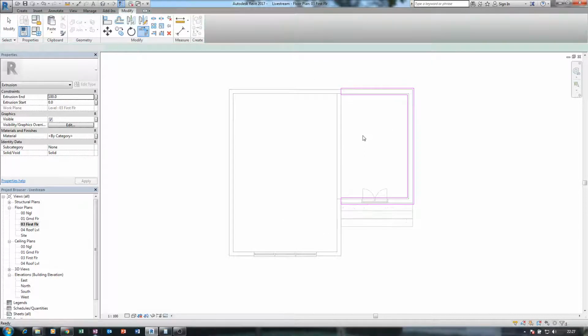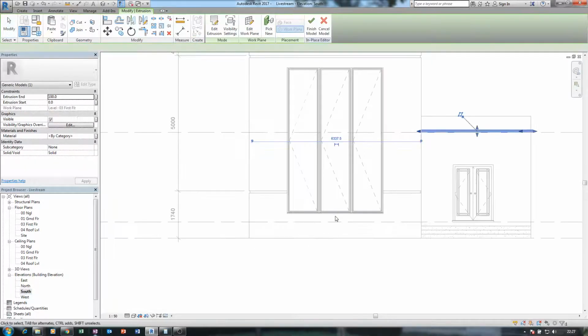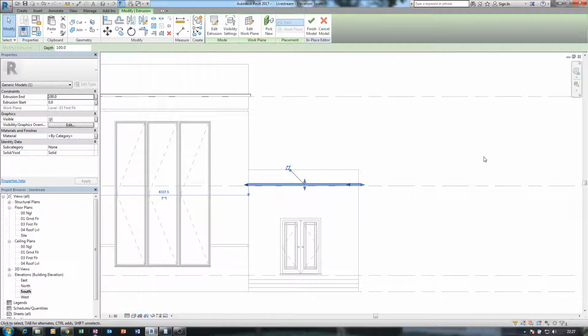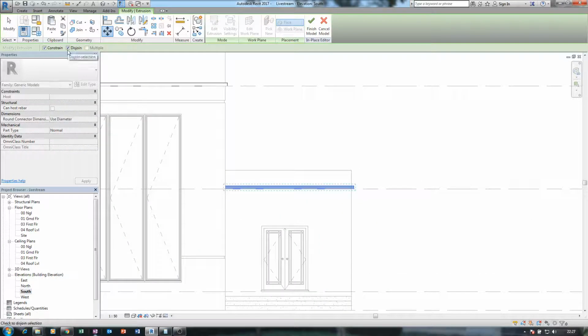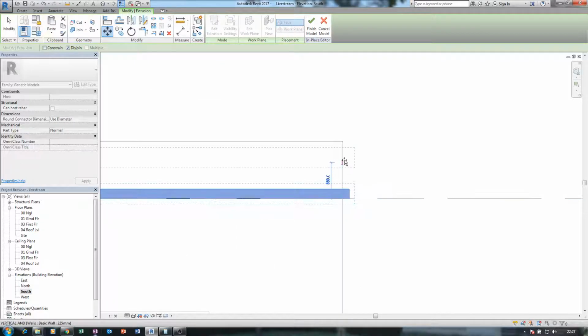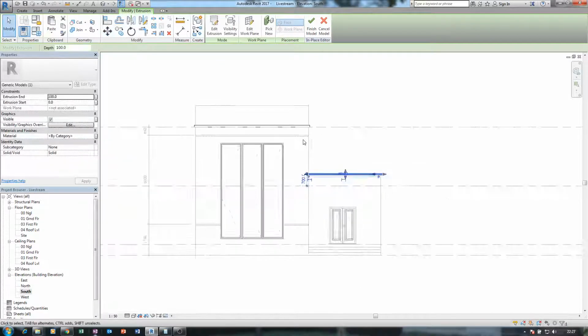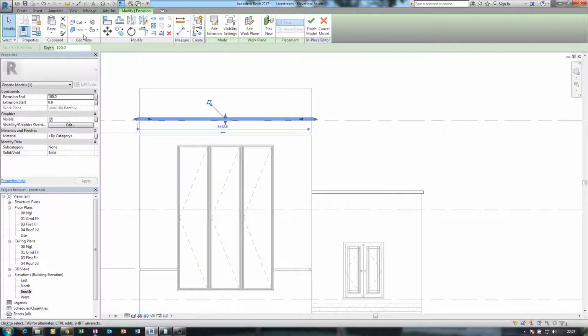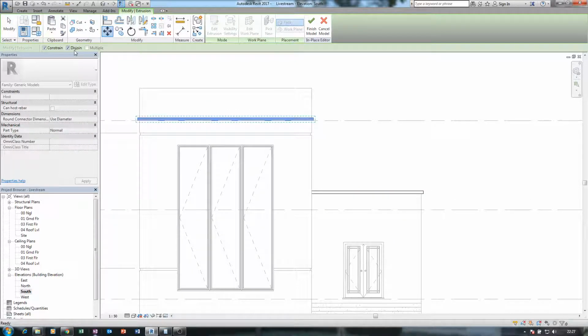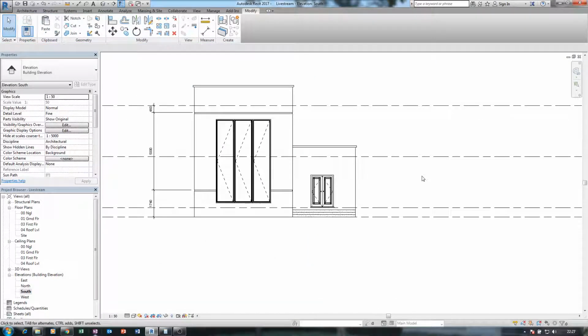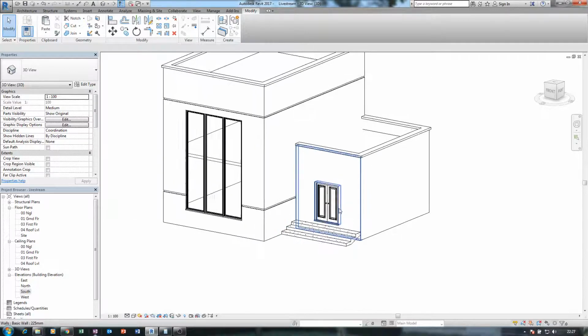Oh, good. I'll move it. Disjoin. Sorry. So I have that, and the building starts to look good.